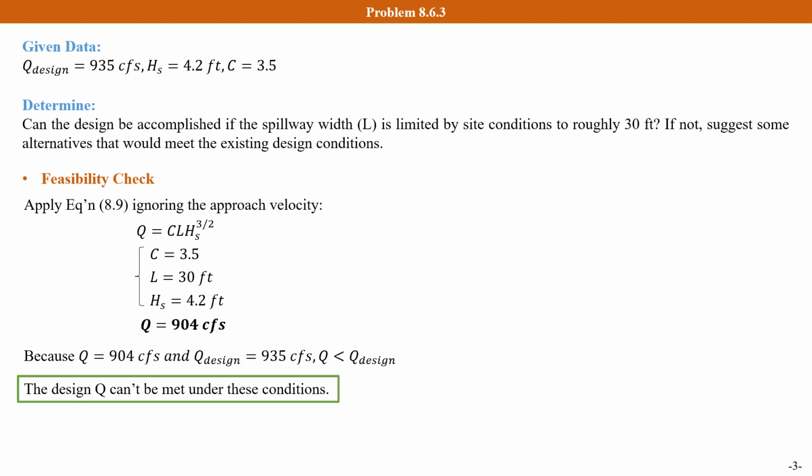In the next step, we need to change the site conditions to meet the designed requirement of the flow rate. Based on this equation, we can change the spillway coefficient, the width of the spillway, or the static head. For instance, if we change the spillway width,